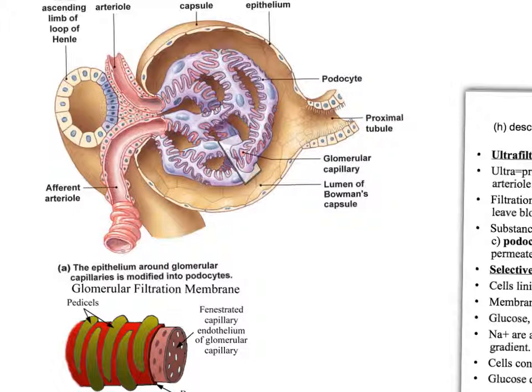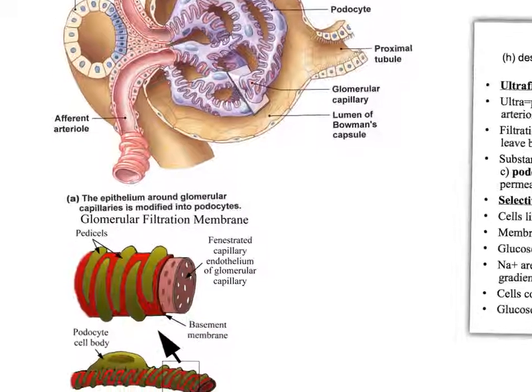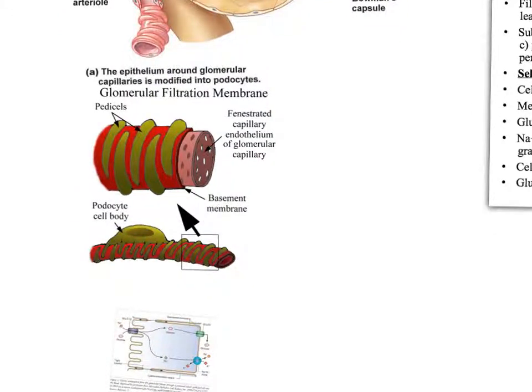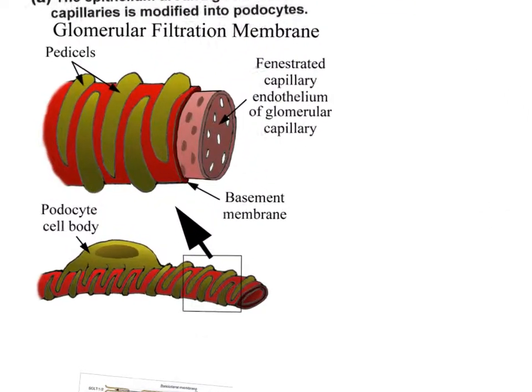Because if it was a continuous layer of cells, if it was squamous epithelial cells wrapped around these capillaries, it would be very difficult for any of the filtrate from the blood to actually pass into the nephron. So the gaps created by these podocyte cells allows easier filtration. If we were to look at that in a little bit more detail here,